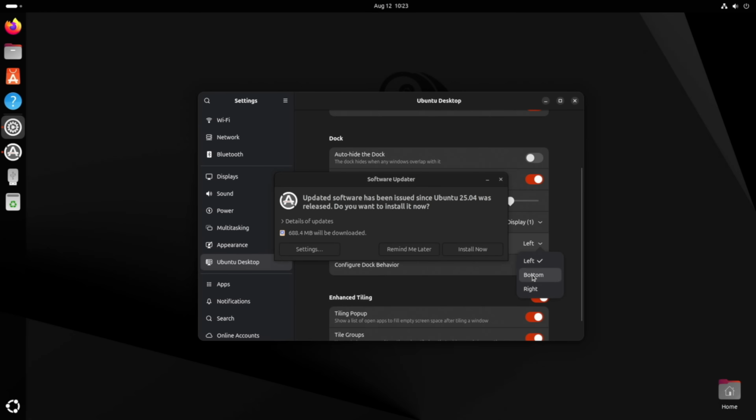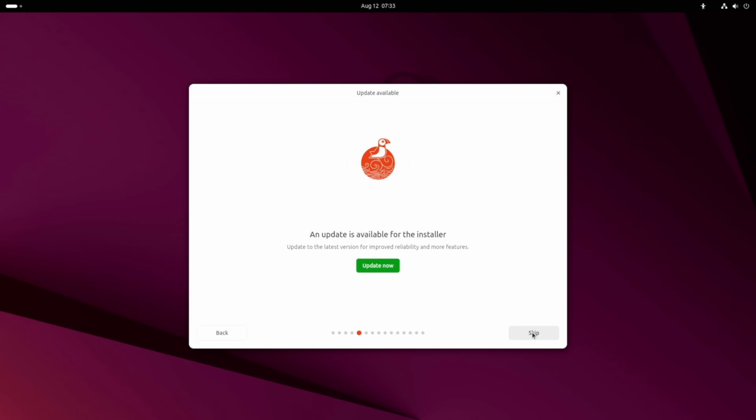A big, fat update pop-up right in the middle of the screen, taking my focus away from the window I was just at and stopping me dead in my tracks. Let's do a little bit of revision. Remember when I said to keep the update installer window in the back of your mind? Well, if you're putting a pop-up in the middle of the screen, I don't really feel like I have much of a choice now, do I?